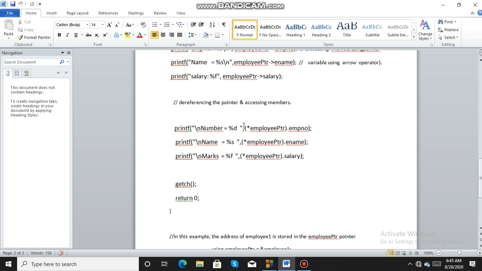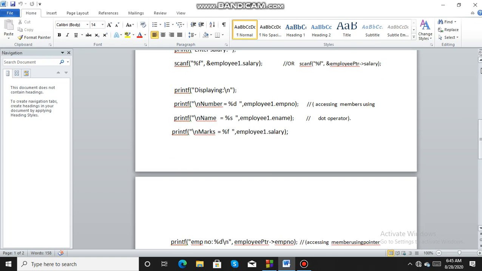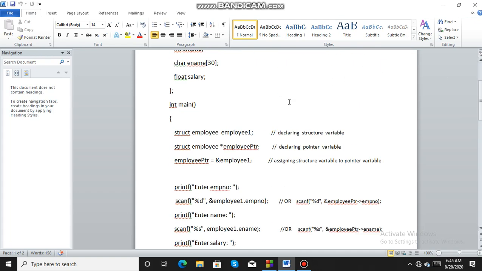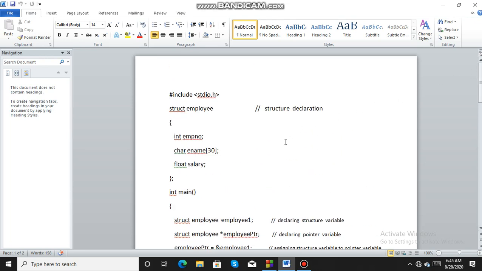You should always put parentheses before and after the pointer, because otherwise the dot operator will take precedence over the star operator. So for that you have to put the brackets here. We can access the values in the members through all these three methods.